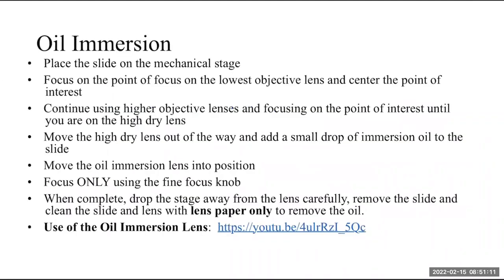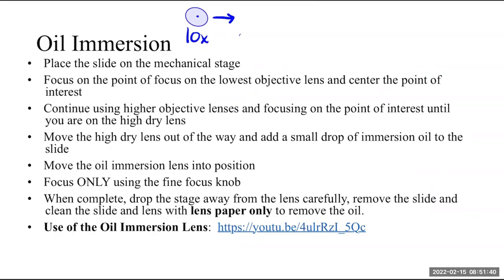So with oil immersion, we place the slide on the mechanical stage. We focus on the point of focus on the lowest objective lens and center the point of interest. So, when you're on that 10x objective lens, you want to make sure that your sample is pretty much centered. And then that will enable you to, when you go to the next highest